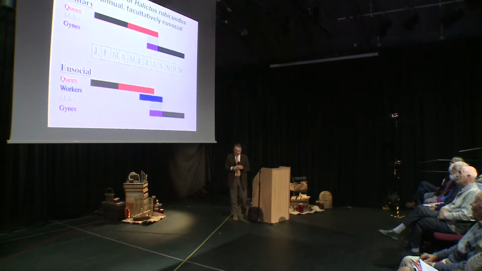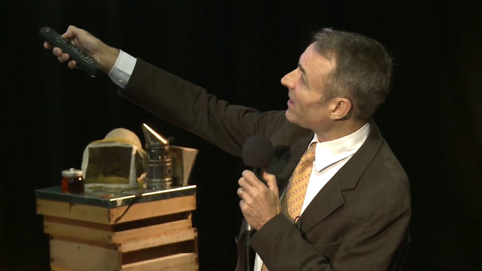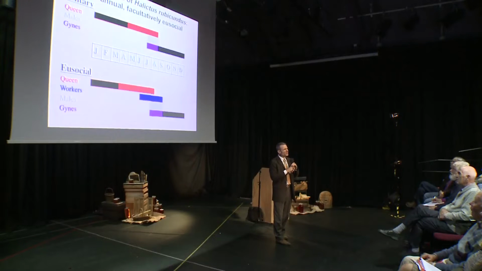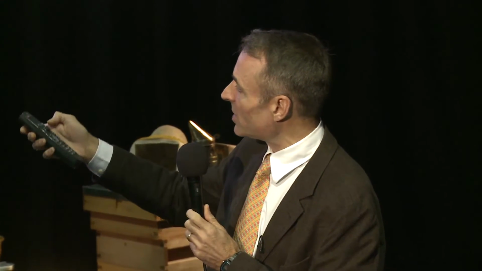What do we mean by solitary and eusocial? Well, solitary means an overwintering queen produces offspring, and those offspring mate, and then they overwinter again. Eusocial means the queen overwinters, produces a few workers, and then the colony of queen and a few workers produce the new sexuals. And you say, well, that's miles away from the honeybee. Indeed it is. But the honeybee has gone through this transition from solitary to eusocial about 80 million years ago, or sometime around about then.